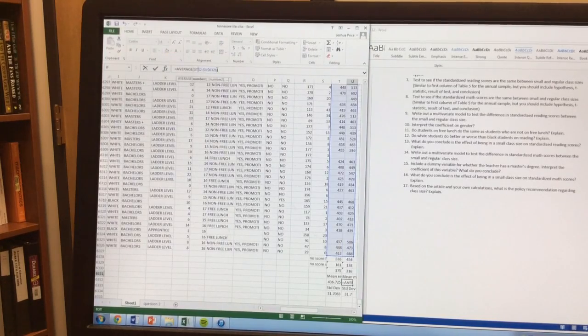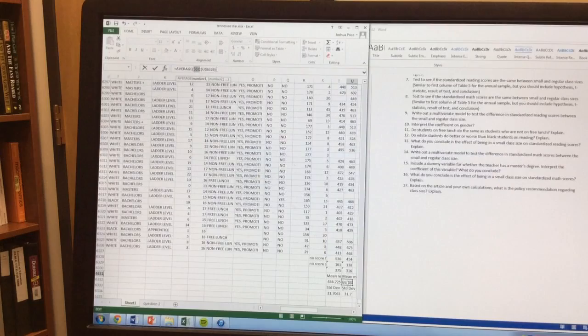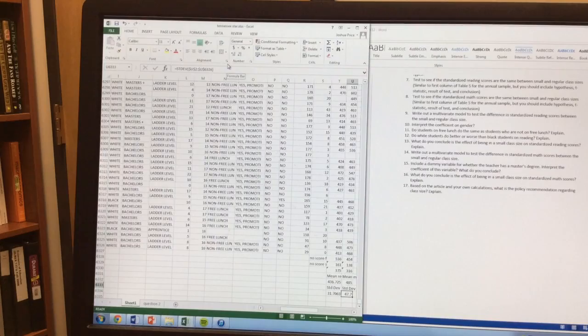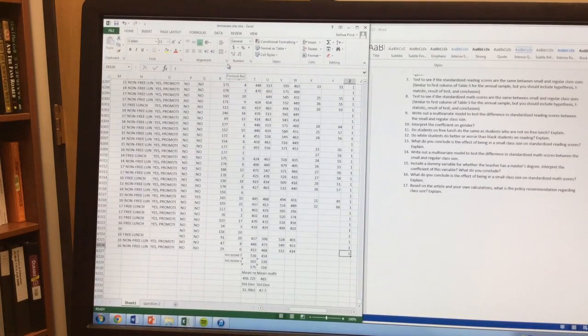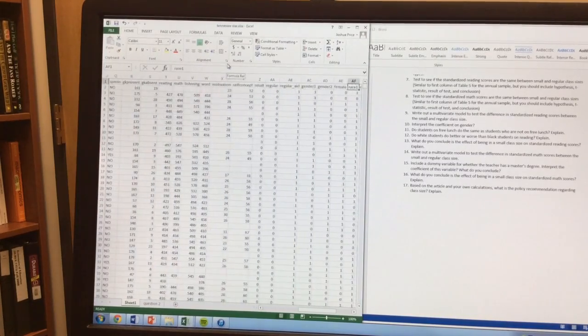Okay, so we have it from U2, great band, to U6326, and down here, not from T, but from U2, great band, down to 6326. So the mean math score is actually higher, 45, and the standard deviation is wider, so we have a wider range of that. Okay, so now that we have those calculated, let's come up here and create a new